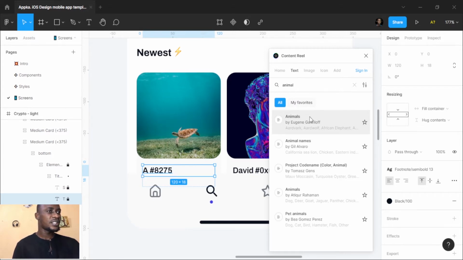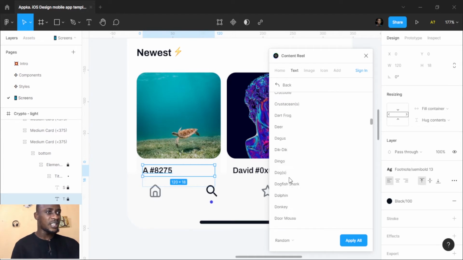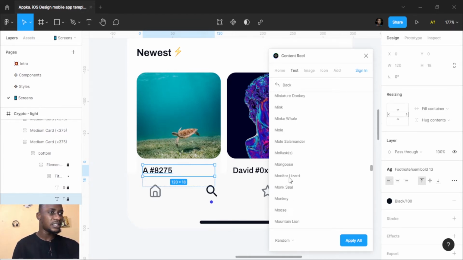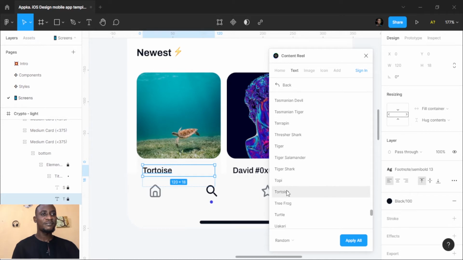So I select that and it opens up different names of animals. I can just select tortoise, T. Let me show. Okay, tortoise. Yeah, tortoise. So it fills in the blank